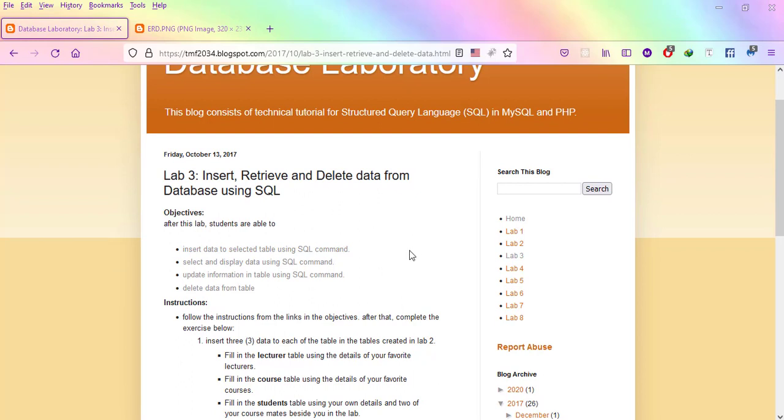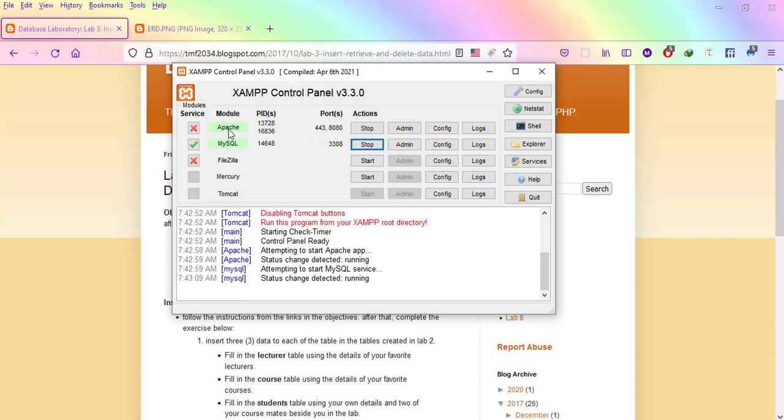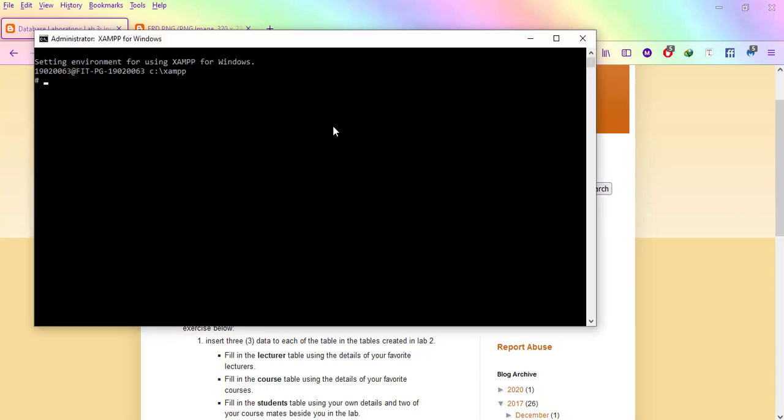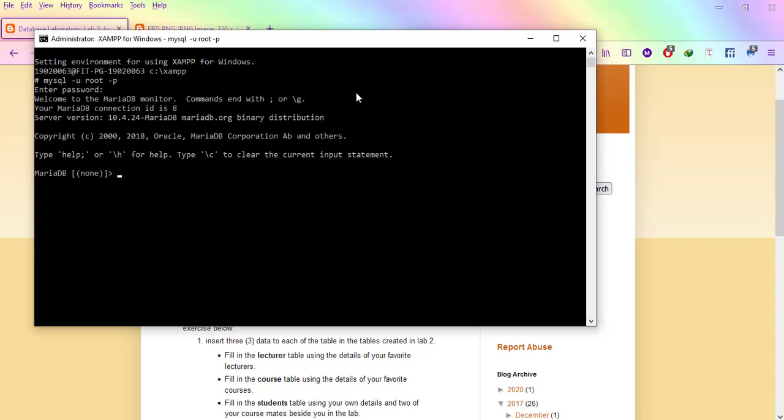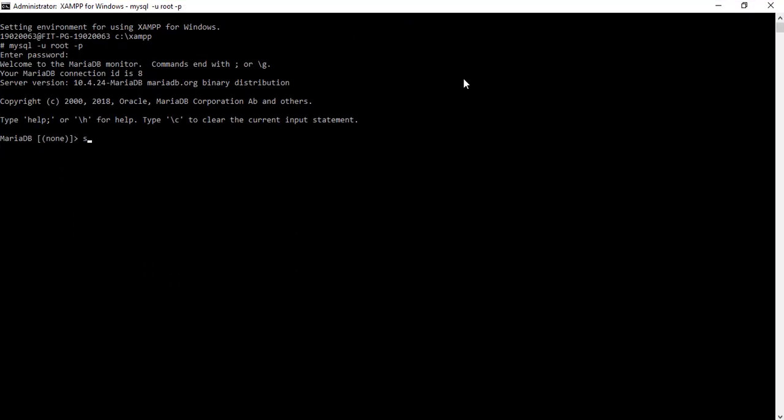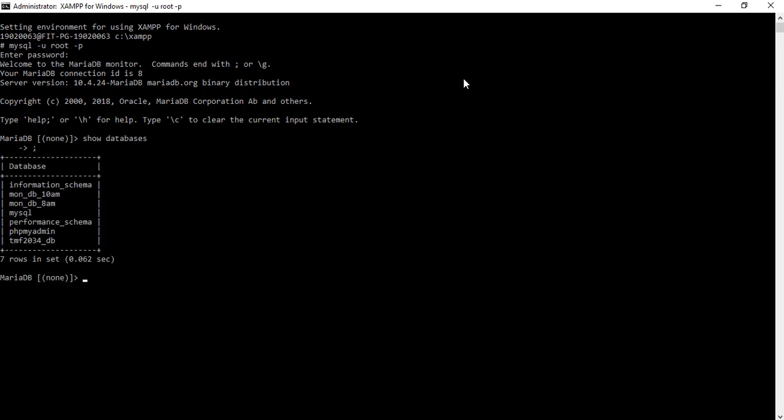First thing, let's start our XAMPP server and open up the command prompt. My XAMPP is already running, and both Apache and MySQL are up and running. I will open up the shell, type mysql -u root -p, then the password, and then we are going to use the database. Show databases. The database that we have is tmf. We're going to say use tmf